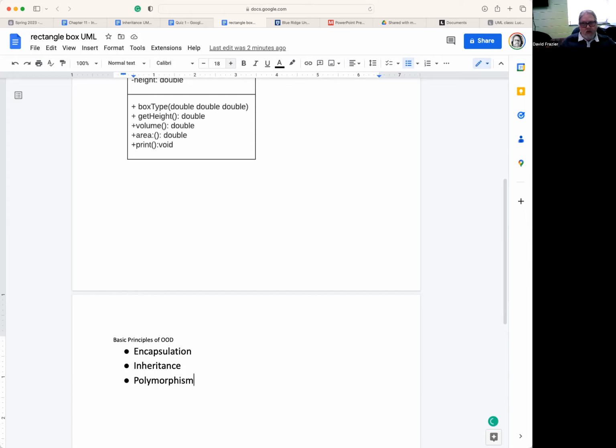So that should get us going through chapter 11. Again, we'll do another in-class exercise on Monday to reiterate that. Continue to work on your cylinder and your circle programs. I have uploaded again to the temp directory the box and rectangle, which should be similar. It should help you be able to pull that together. If you have any questions, as always,